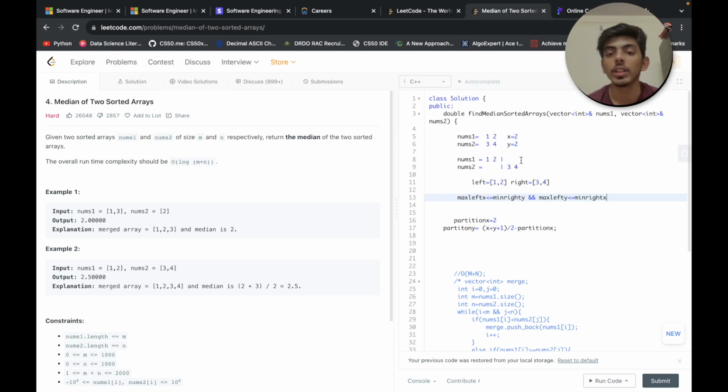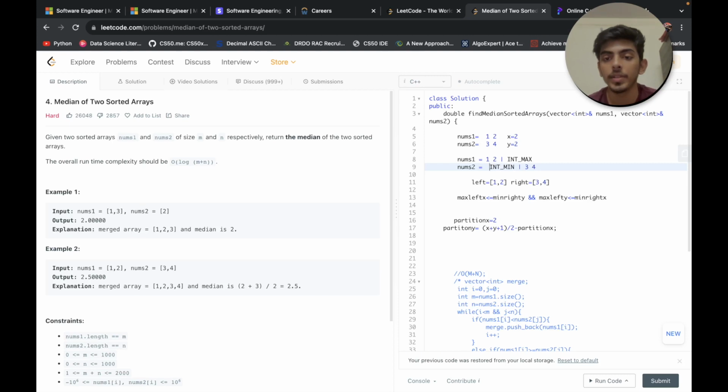Also, if we have nothing over here, to obey these conditions we simply consider int max. If we have anything over here, let's say we have 3, then max of left y is 3, and 3 is less than or equal to min of right x, right? And if we have nothing over here, we will simply consider int min.